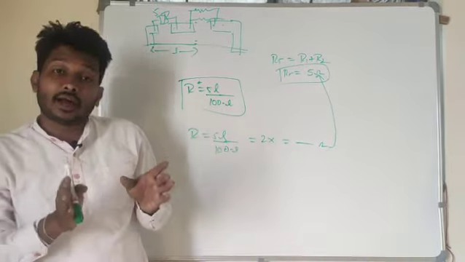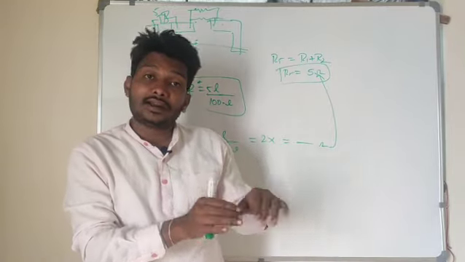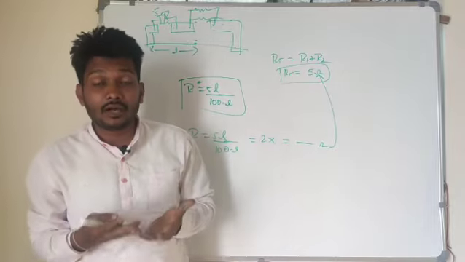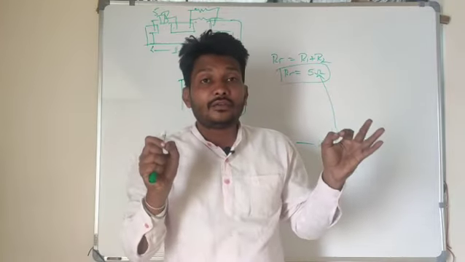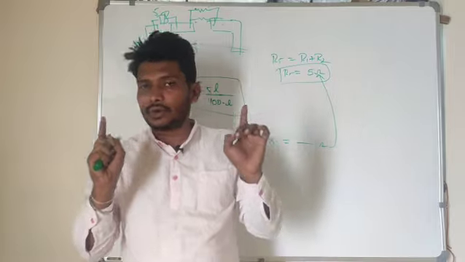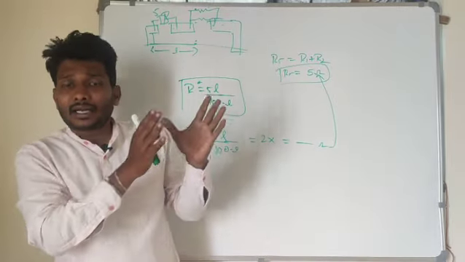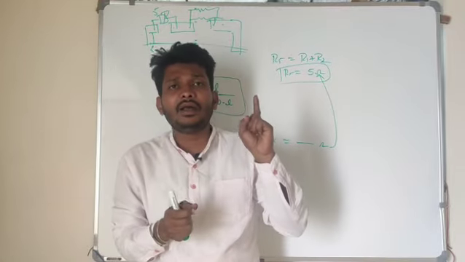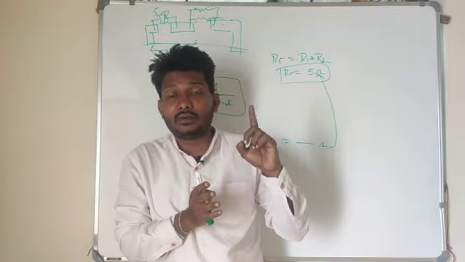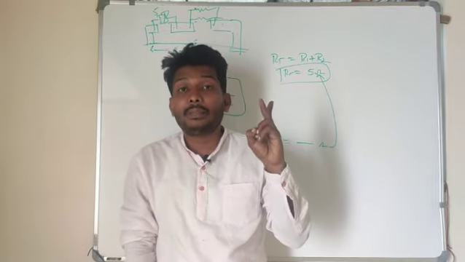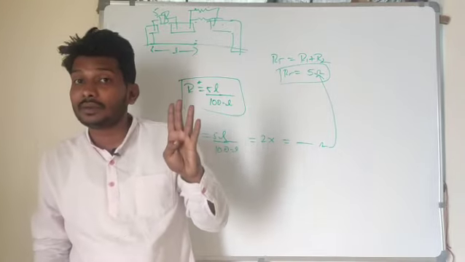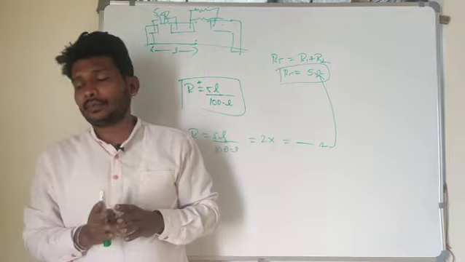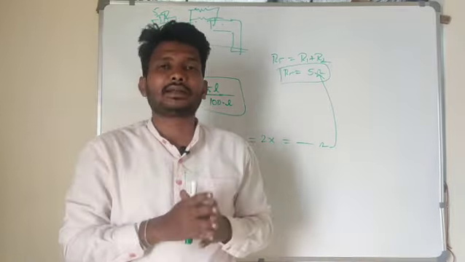Next one, to find the internal resistance of the cell by using the potentiometer. That is the fifth experiment. And one more experiment, comparison of EMF of 2 cells by using the potentiometer. So this is the practical you have to perform in the lab. By using Ohm's law, you have 1 experiment. By using the meter bridge, you have 3 experiments, right? And 2 experiments are related to the potentiometer. I hope you are clear about this current electricity chapter.